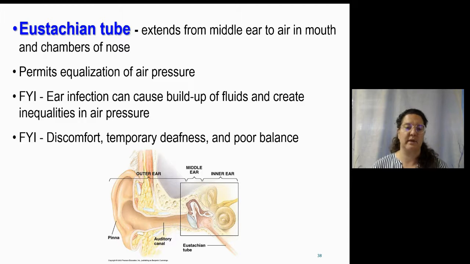Also connected to the middle ear, that air-filled chamber, is the eustachian tube. Now, the eustachian tube extends from the middle ear to the sinuses, the air in the mouth, and the chambers of the nose. And this permits equalization of air pressure. So, if you've ever been on an airplane or gone up and down a really big hill, you might notice the pressure in your ears, and it can be neutralized by swallowing, chewing gum, sucking on candies, things like that. And the middle ear is also where we'll have ear infections. And this can cause a buildup of fluids and create inequalities in pressure,